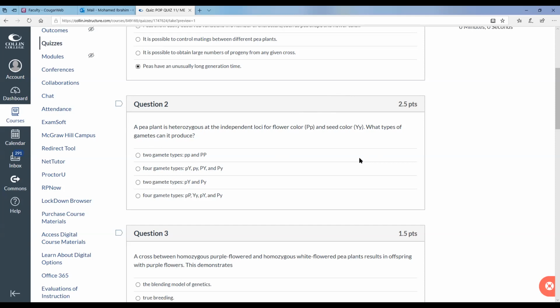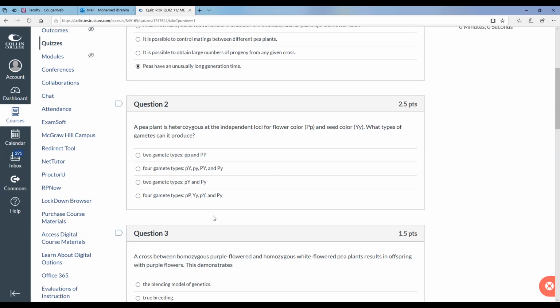So remember, gametes are going to be haploid, okay? Meaning that each gamete will have only one allele. If you think about these two gametes, first of all, that is wrong, because you are expecting to see 4 gametes. Remember, meiosis produces 4 cells.